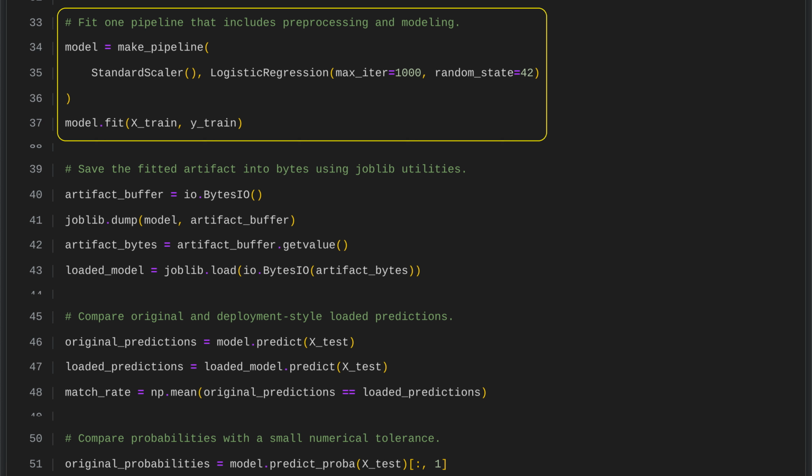We build a machine learning pipeline that first standardizes the input features, then trains a logistic regression model. Scaling gives the features a mean of 0 and a standard deviation of 1, which helps logistic regression work reliably. The model is configured for reproducible training, and fitting the pipeline applies the scaling and learns from the training data